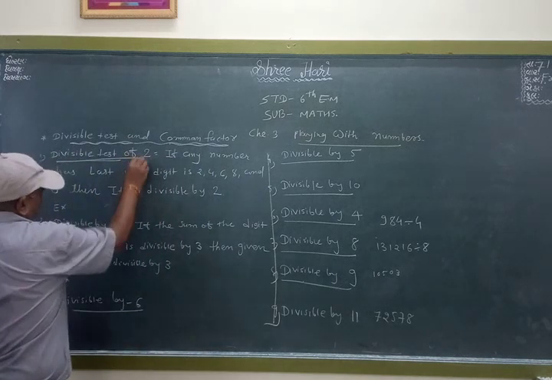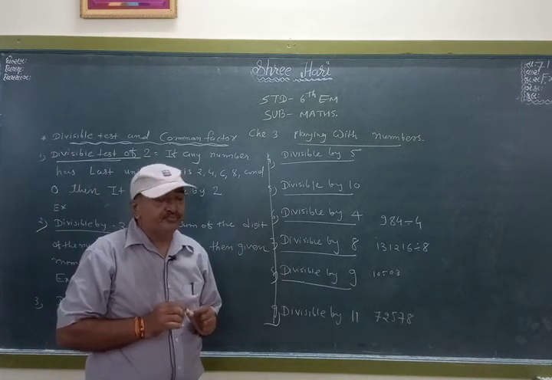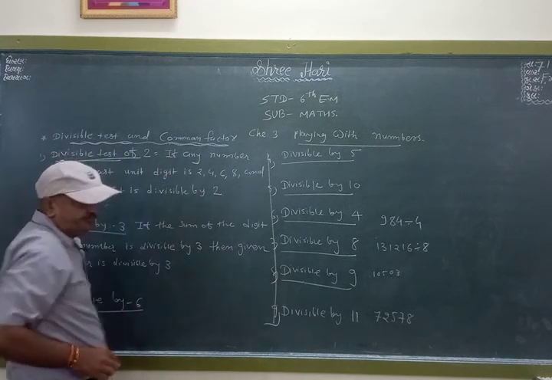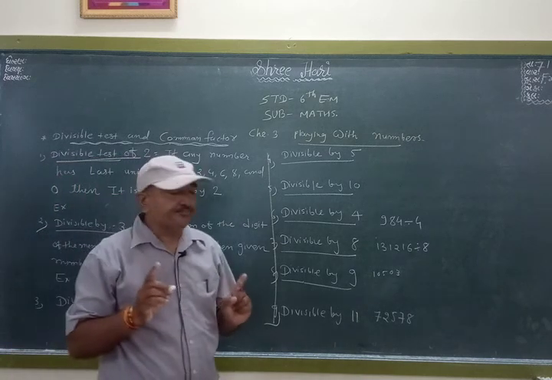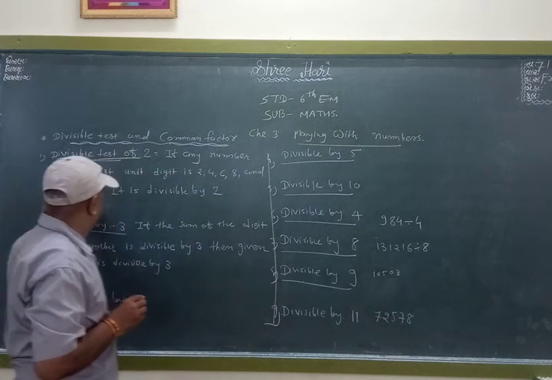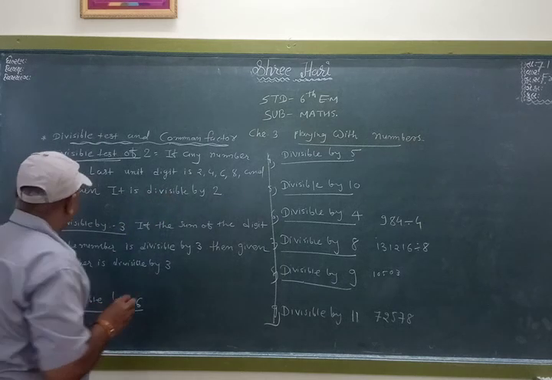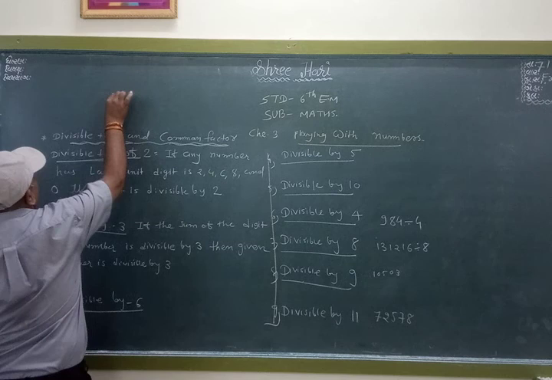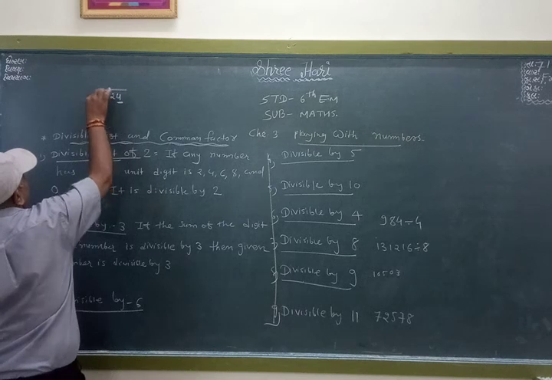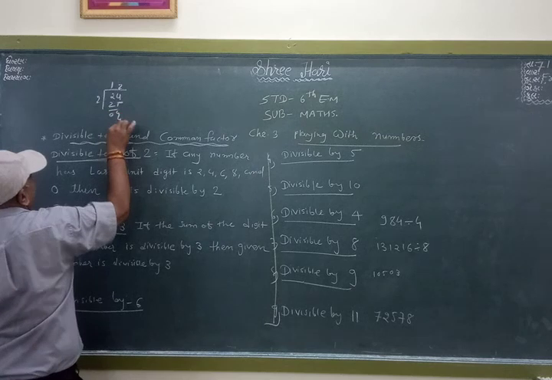divisible test of 2. Which number can we divide by 2? Look here, if any number has last unit digit, meaning in ones place, 2, 4, 6, 8 or 0, then it is divisible by 2. How? As an example, suppose 24, the last digit is 4. So we can divide this. 2 1 ja 2, 0, 4 down, 2 2 ja 4, with remainder 0.